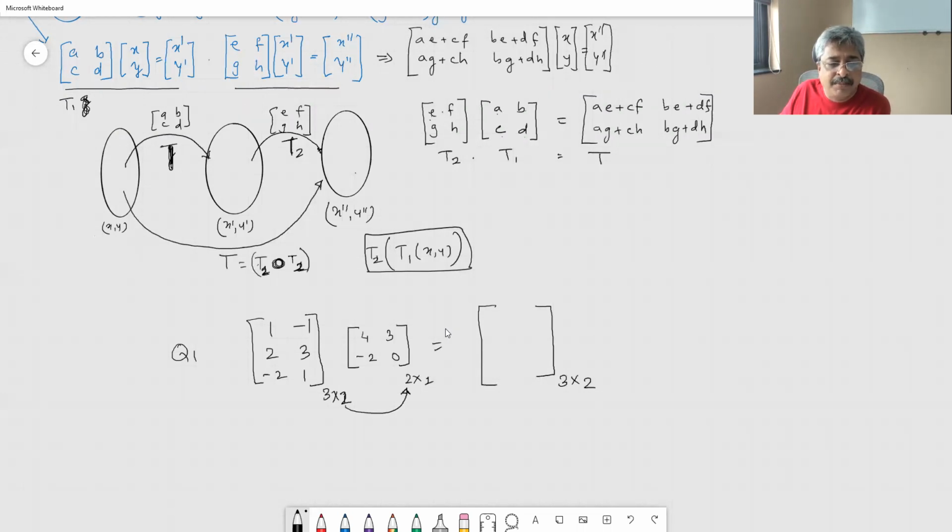Two matrices are comfortable for multiplication provided the number of columns in the first equals the number of rows in the second. Then only we will be able to follow this multiplication rule. Otherwise we will not. And therefore they are said to be comfortable if the second suffix of the first matrix and the first suffix of the second matrix are the same.